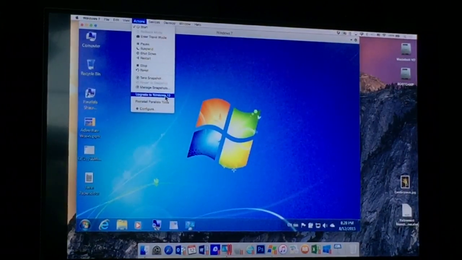There is, in fact, an upgrade wizard to Windows 10. There are several ways to upgrade to Windows 10. We've worked with Microsoft to ensure that some of them work for our virtual machines, not all of them. So the particular details are that Microsoft had a mechanism called Windows 10 Reserve that allowed you to get a reservation to upgrade your Windows to Windows 10. That doesn't work in virtual machines. So we worked with them to make sure there were other upgrade paths to Windows 10, and this wizard,